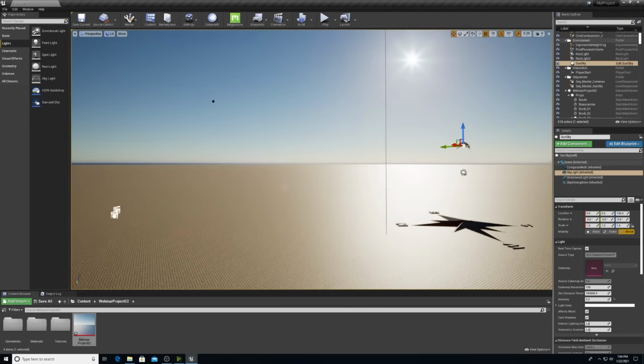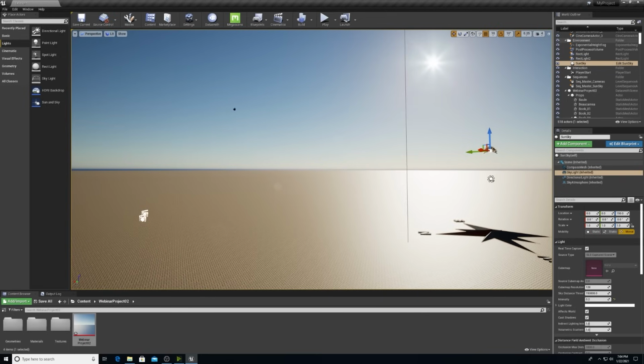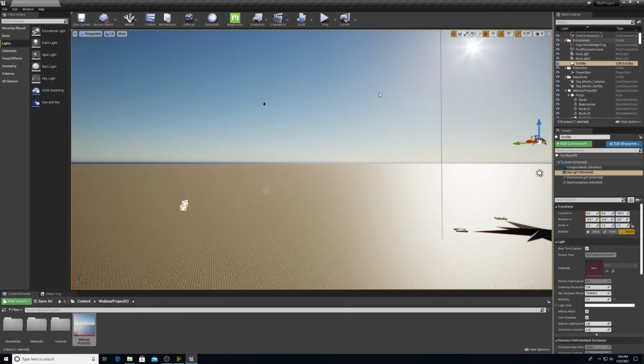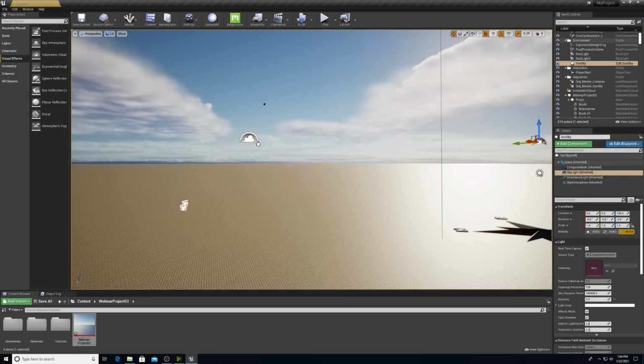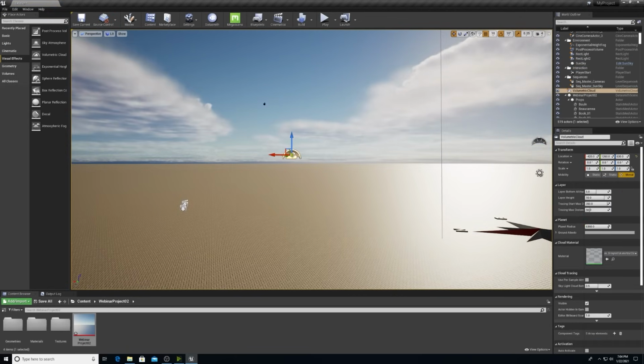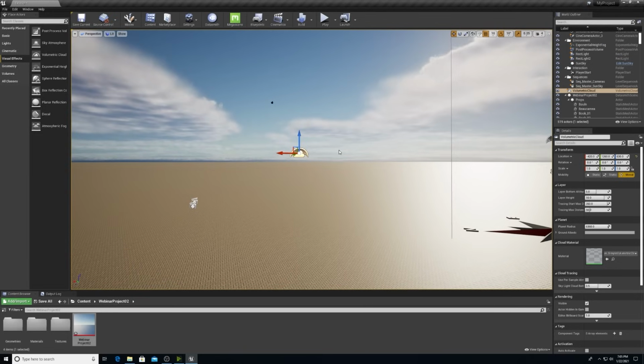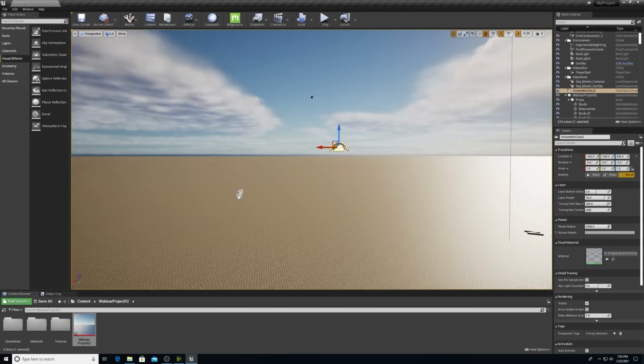So once I have that set up, I want to take a moment to show something new with Unreal 4.26. So there are these atmospheric clouds that you can bring in. I'm going to go to the left-hand side, go to Visual Effects, drag and drop the volumetric cloud in here. So this is going to allow you to create any type of cloud that you need for your project. Unreal is using a 3-dimensional volume texture that is ray marched to represent cloud layers in real time.